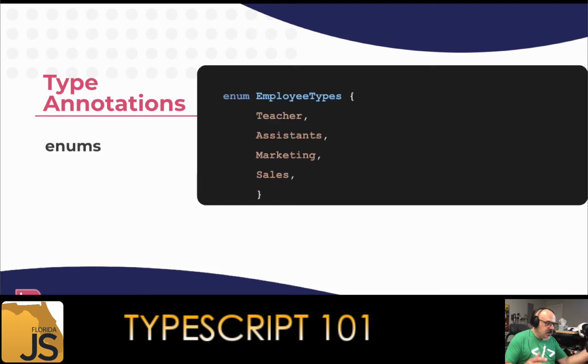So, okay, well, let's remind ourselves that there is sometimes a need for something we don't have in JavaScript enough, which is enums. And you've come from other languages, you know what these are. These are these wonderful bits of information where we can say something is hard-coded to a particular value.